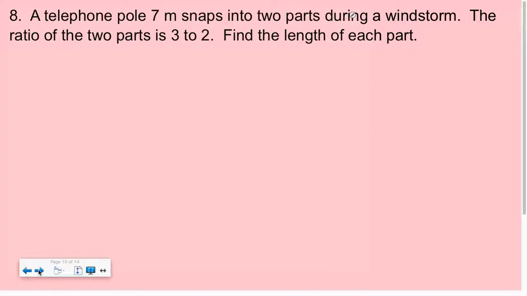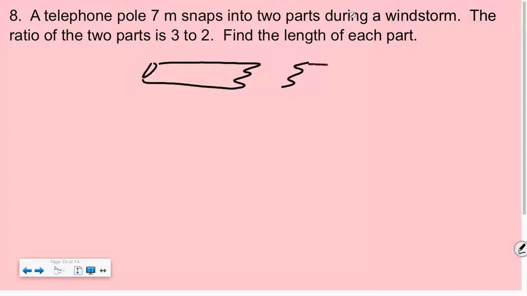Number 8, a telephone pole that's 7 meters snaps into 2 parts during a windstorm. The ratio of the 2 parts is 3 to 2. We want to find the length of each part. So